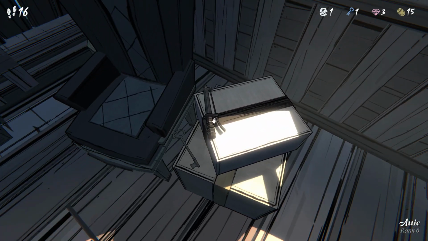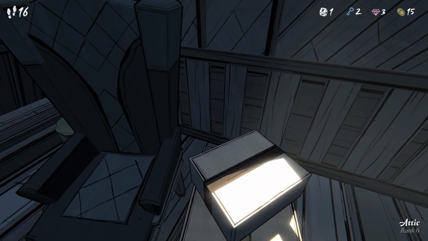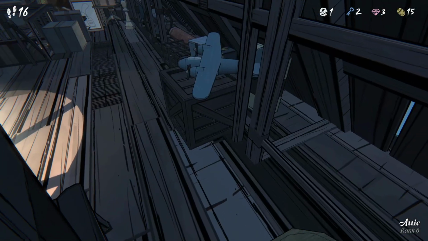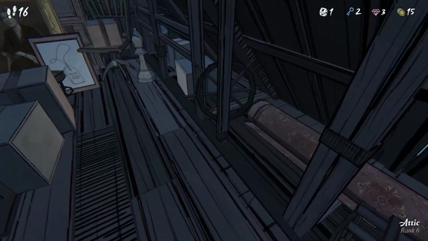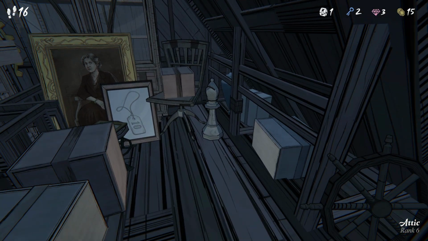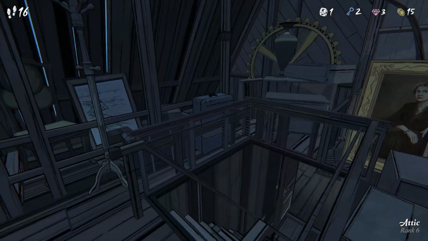Okay, did I get all the items? Oh, broken lever. Could prove to be useful. A key? I haven't been keeping track of the amount of items that were in this room. I like this plane. Blue plane. There's a bishop. That's now my third bishop. Okay, I think there are both white and black chess pieces. So I should write down whether it's white or black, I guess. The attic has a bishop. Okay, noted. Noted, noted, noted. Did we get all the things? Let me think. There was...